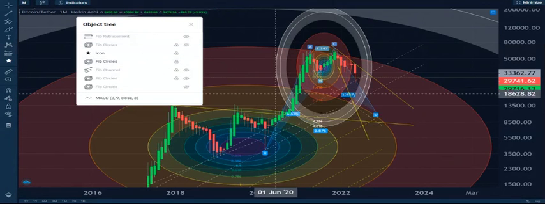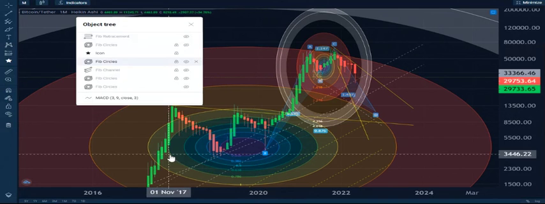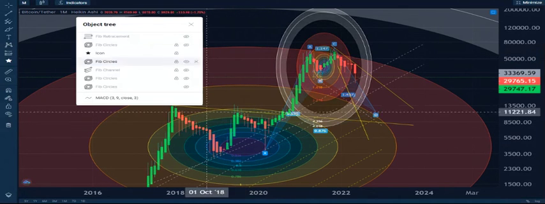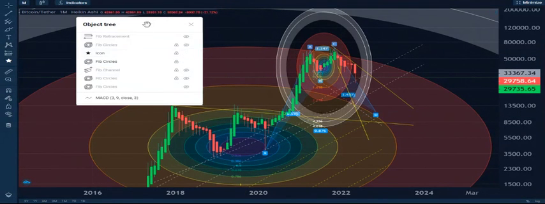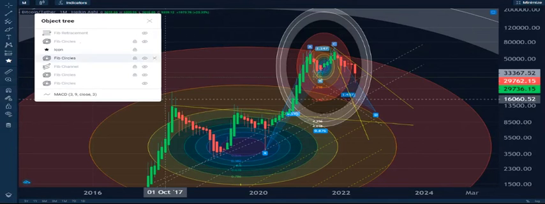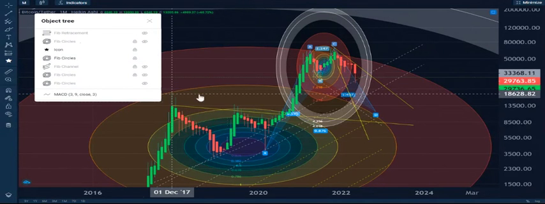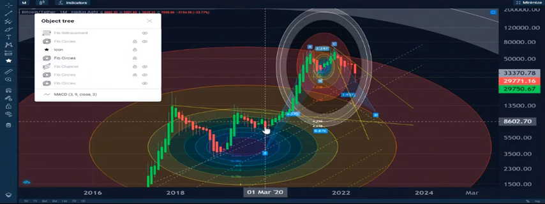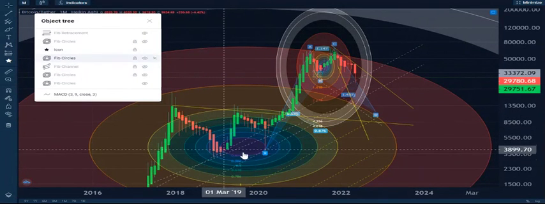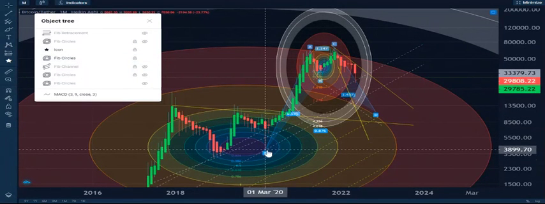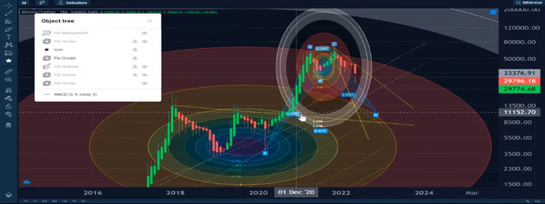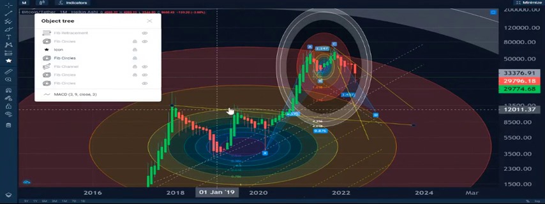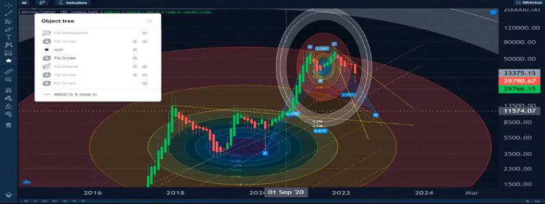Let's see what the next suggestion is. So this ring here is showing us very much that it held the wick. It held our bottoms here. It held our covid bottom right inside the target of our bullseye of our Fibonacci circle sequence. And you can see we came up and we sat on this ring, retesting this top,